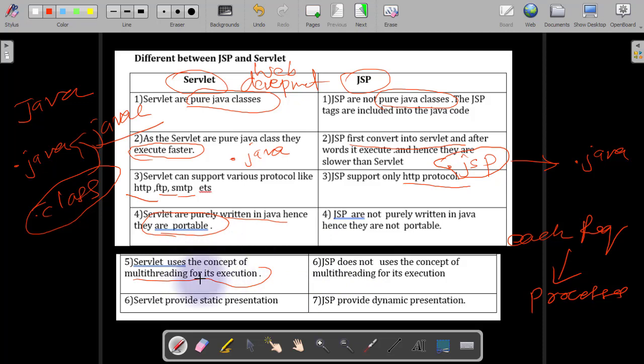Servlet provides static presentation, and JSP provides dynamic. That means we can change the layout or the working of the JSP file at runtime. So these are the basic differences between JSP and